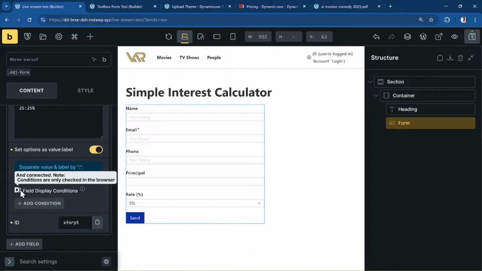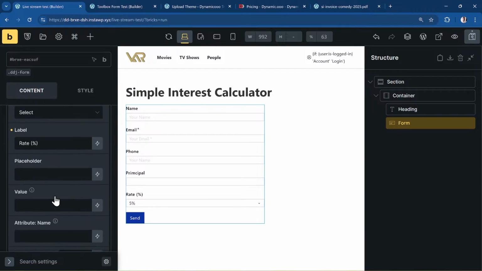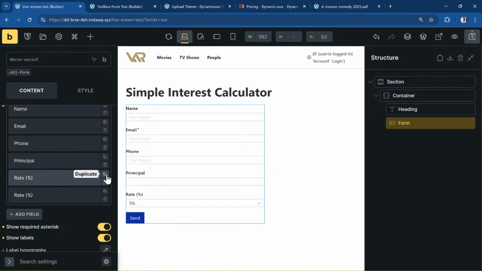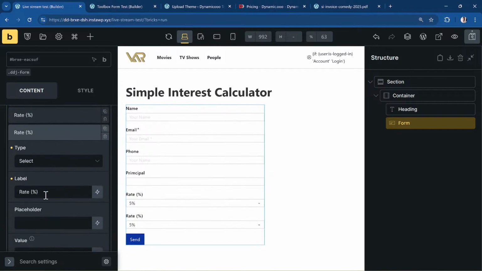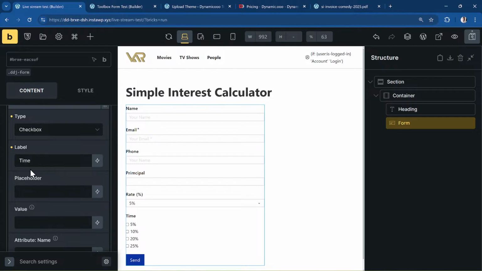So we have that. Then the next one is, let's say we have our principal, we have the rate, then let's add one for the time. Let me just duplicate the rate, and that will be the time. For that one, let me just use a checkbox just so that we can show that we can mix and match different fields. So checkbox for the time,